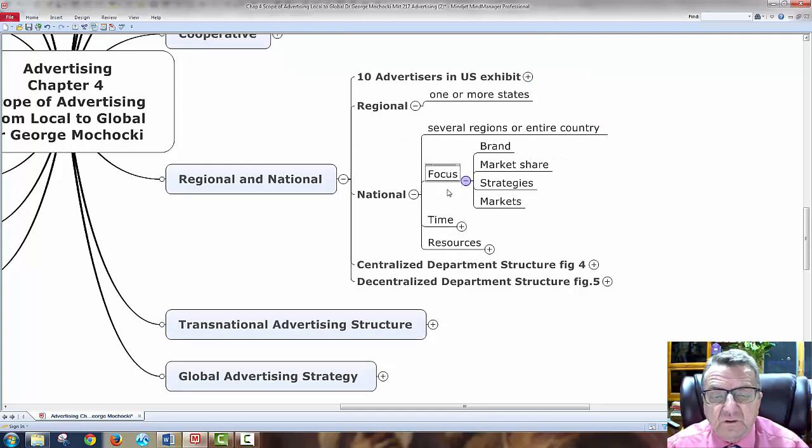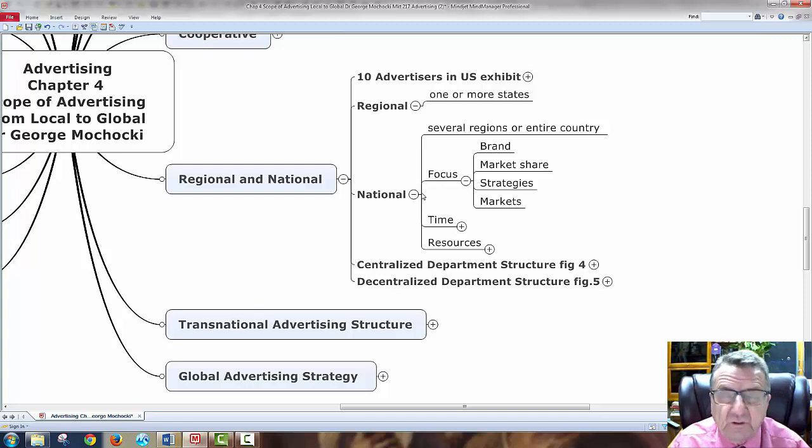Now, when I look at the focus of a national advertiser, they're looking more at brand name. They want to make sure they get the brand name nationally. They're looking at grabbing market share. Understand, to get market share, I have to do more to understand businesses and their clientele. They're thinking of strategies, focused. Their whole strategy is not short term. It's how do I improve the share? How do I get the name brand recognition? And Apple does a great job on that.